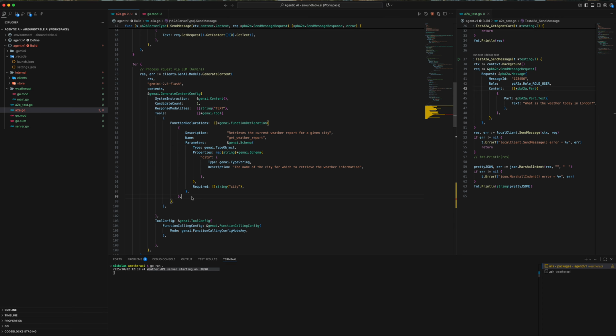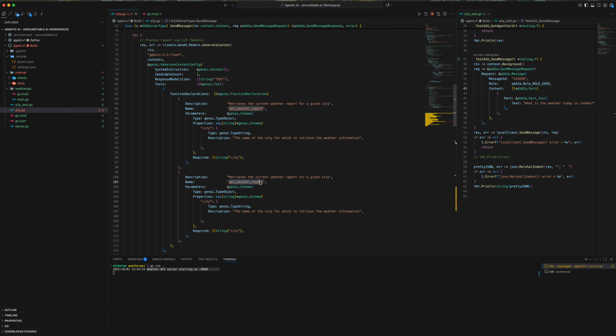So that being said, the way to make that quite explicit is to register a tool dedicated to basically giving control or responding back to a user. So we can just create a very simple function call. Let's call it send message, and the description we give to this is: use this to respond and or communicate with the user. So now this is another action that the LLM can take, and so it now has the ability not just to retrieve weather information, but also the ability to engage